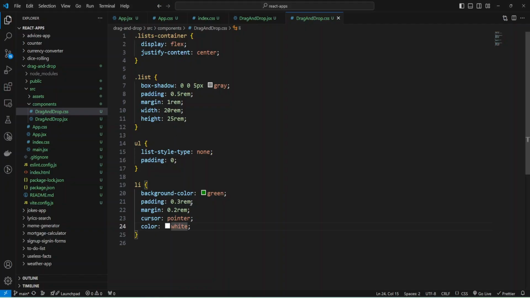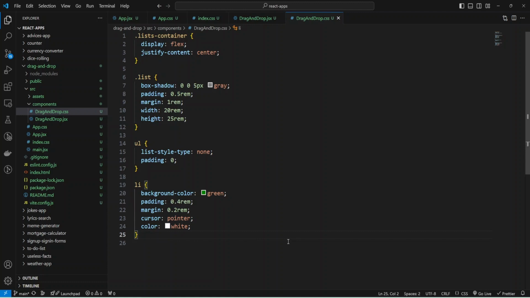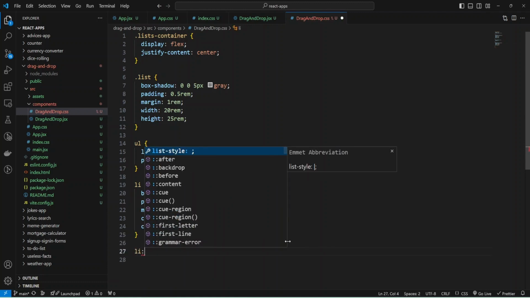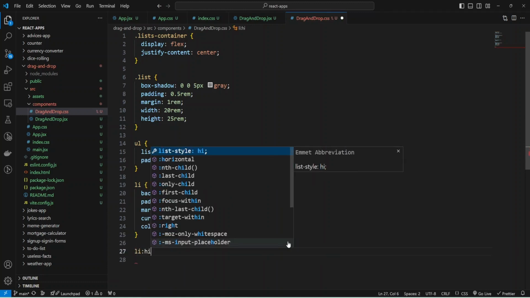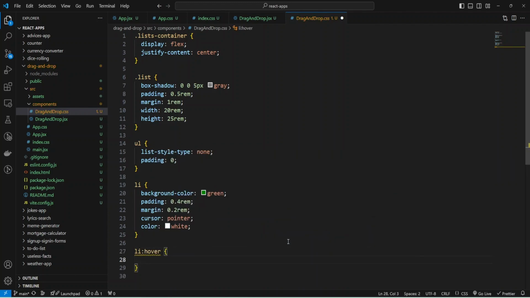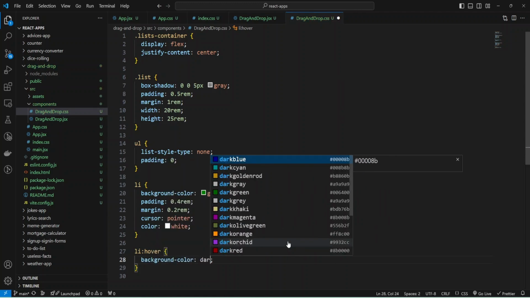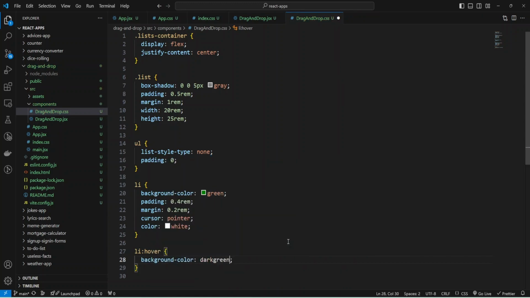Okay, and let's check. As you can see, we have our items. We can increase paddings, and let's check. And the paddings are increased, and we can add a hover pseudo class to our item and change the background color to dark green.